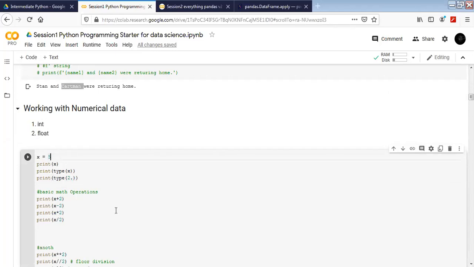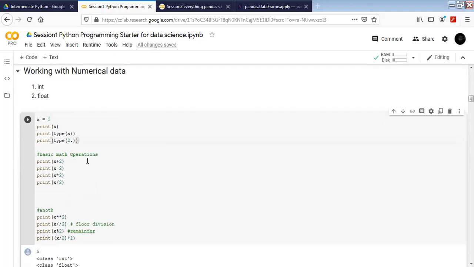In Python, we don't have to worry about the data types a lot. It takes care of it automatically the way you type it. It's dynamically typed in some way. So we have x equal to 5 that we can assign. We can print it. We can see the type of x, and then we can see the type of another data type, which you have typed as 2 dot. So if we put in a point here, it's going to convert it into a float number.